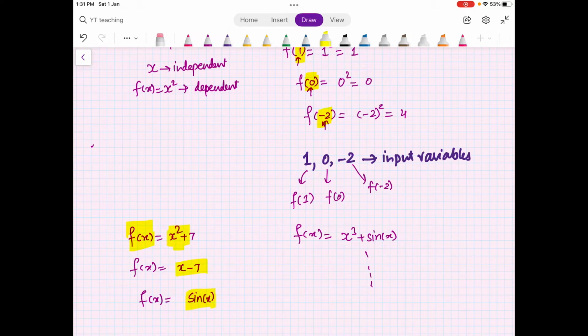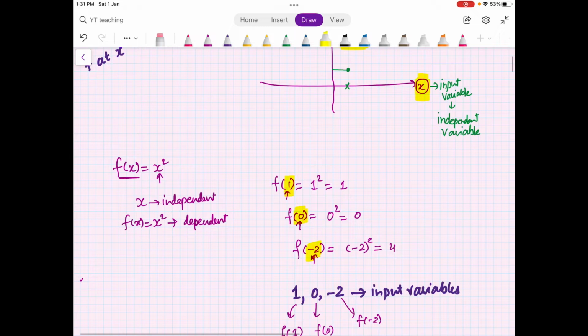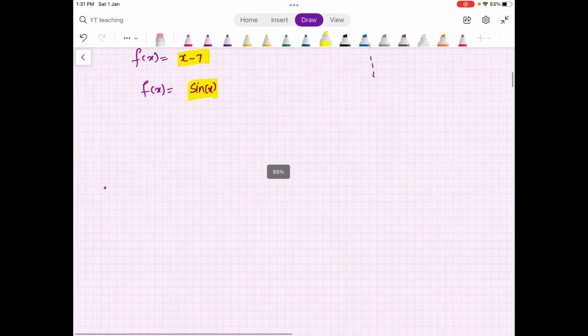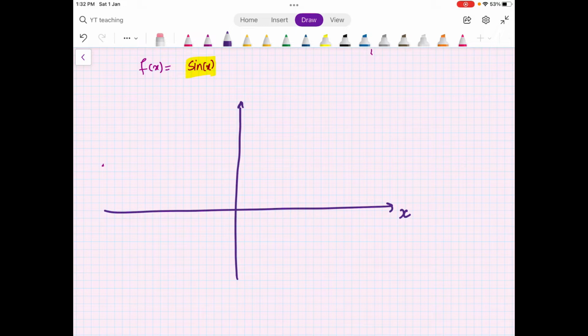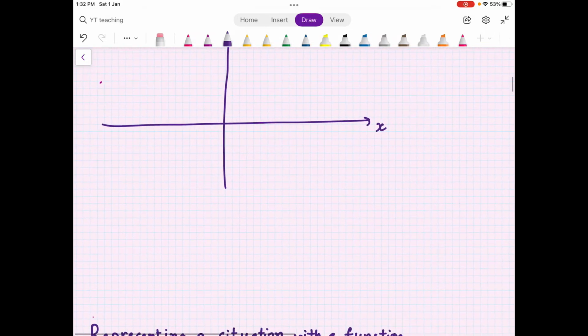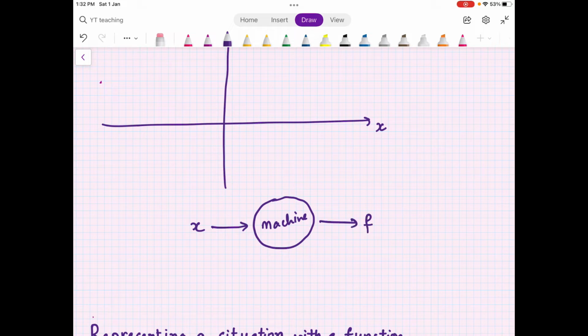In this way you can have a function f of x, and this is the corresponding notation. I hope now you understand what exactly we mean by f at x or f of x. Let me make another picture so that everything is clear. This is your independent variable, which we denote with x, and this is your dependent variable, which we denote as f of x. You can think of a function as a machine: you put in the input x and you get the output f of x. This is the notation we are talking about.